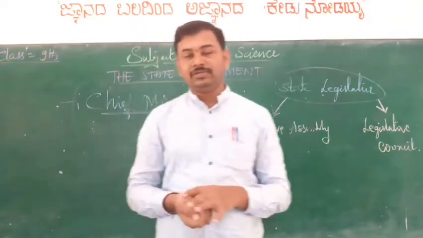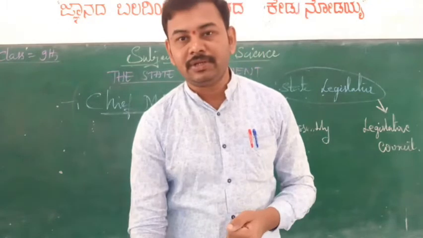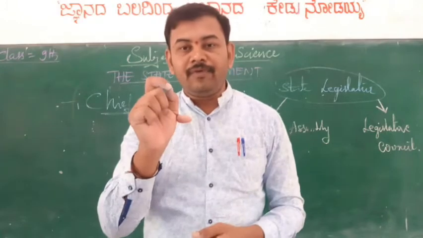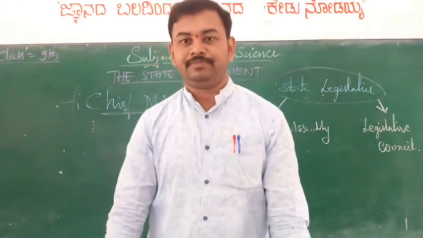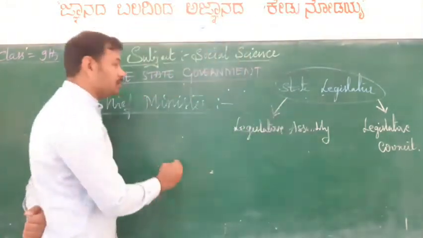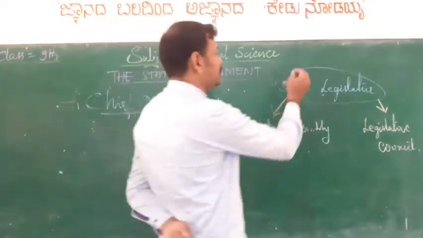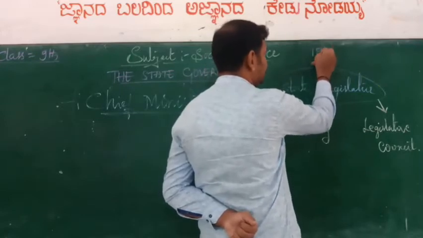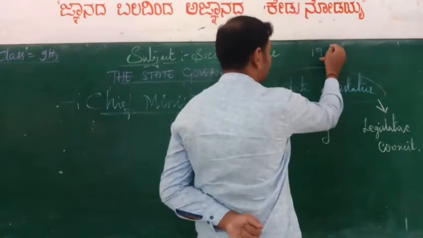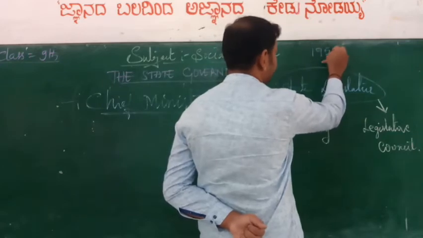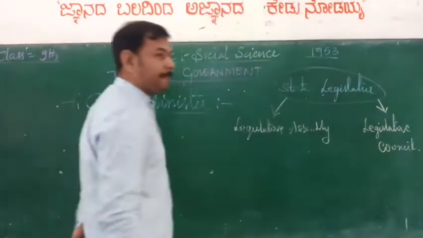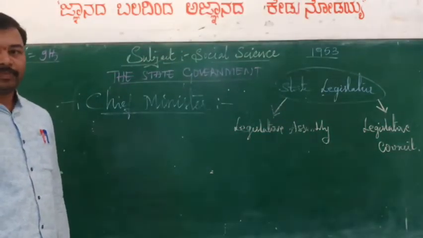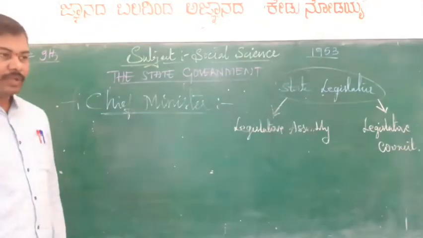So this is about the chief minister of Karnataka state. Dear student, I would like to ask two questions now. Who was the first chief minister of Karnataka state? See, when we were discussing Karnataka state, we came to know that Karnataka or Mysore state came to exist in 1953. But yes, who was the chief minister at that time? Who is that? Very good.